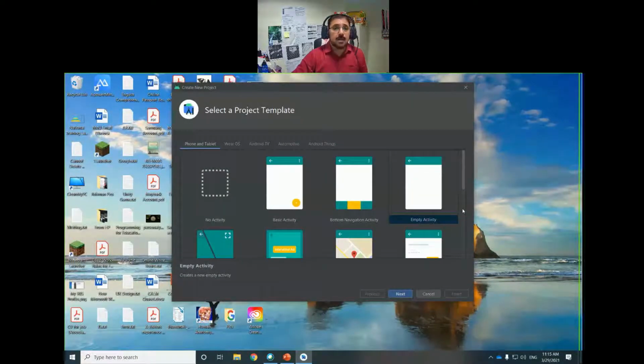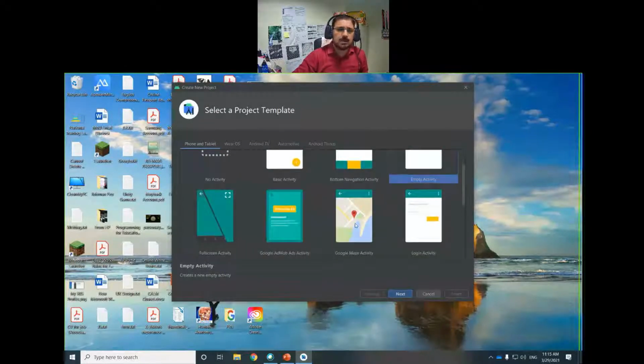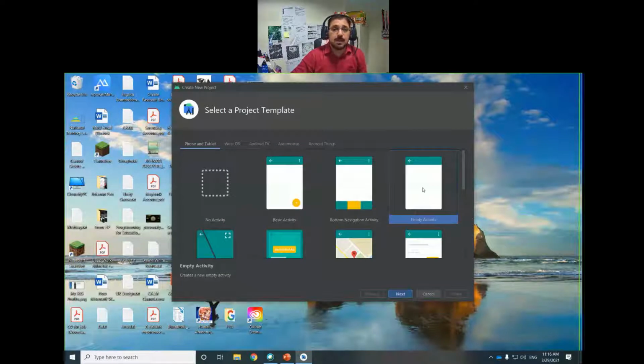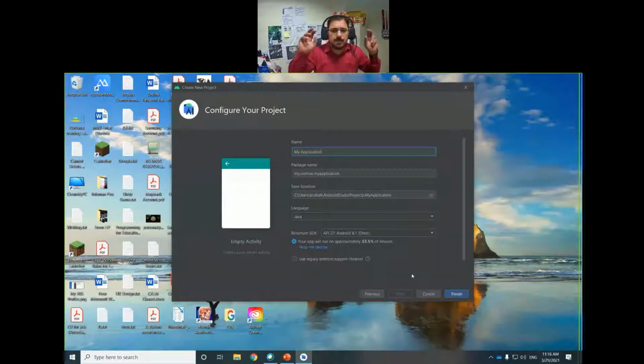But for beginners, to have a very simple interface that is easy to learn, we will select the totally empty activity. Okay, empty activity means that there is no pre-written code there. If you start any one of these, you see here for this one there will be a lot of code related to the maps. Similarly for all other templates, but this one is the empty one, which has very minimal text, so it's easy to understand.